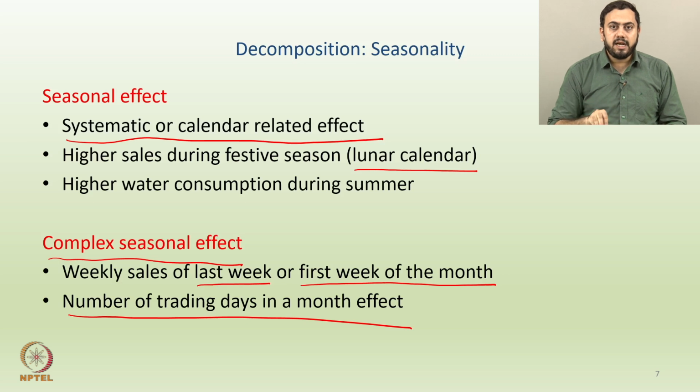So when analyzing any time series and considering the seasonality aspect of the number of trading days in a month, every month has different trading days, either 20 or 21 or 22 or 23, depending on the number of holidays in the month. This is again not an exactly regular kind of repetition. Okay. So hopefully the idea of complex seasonality is clear, that you cannot have exactly regular repetitions, there might be some ups and downs happening there. So the idea of seasonality is slightly more complex as compared to something like temperature data or water consumption data, etc. Right.